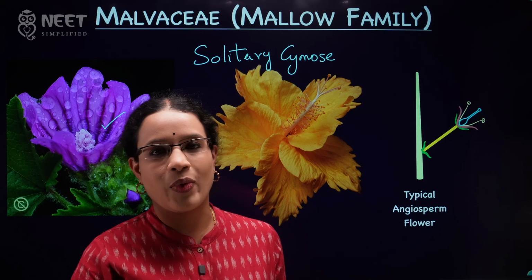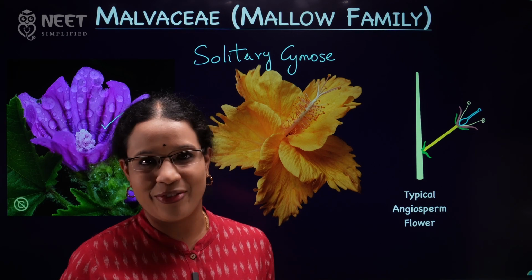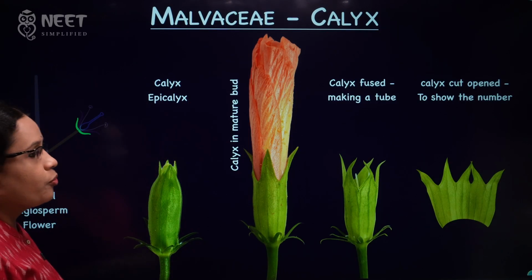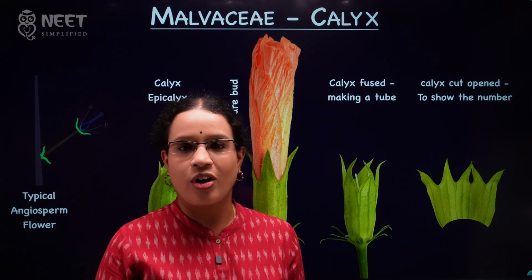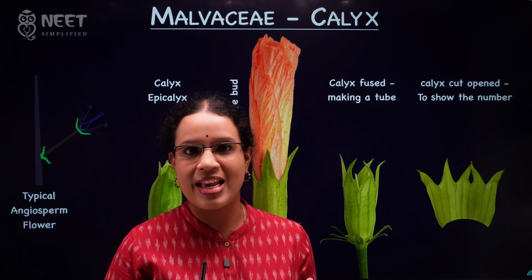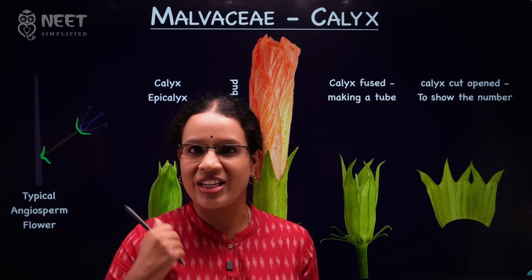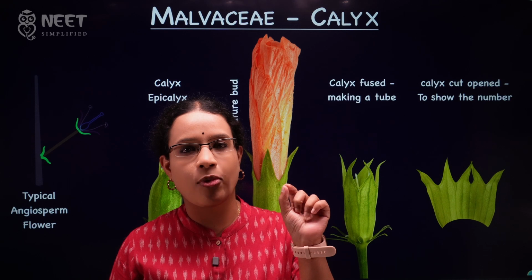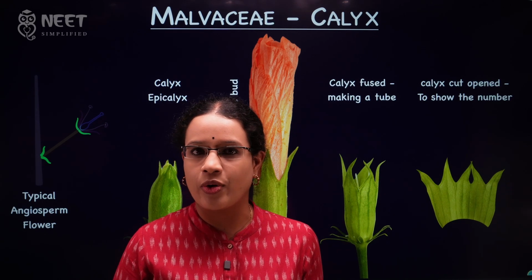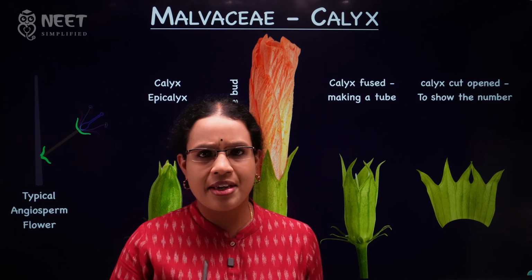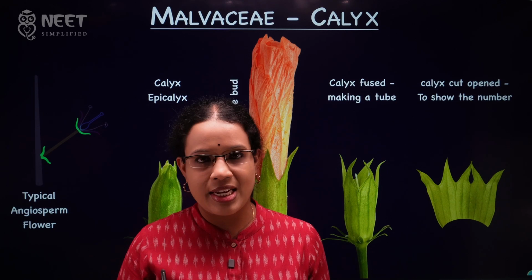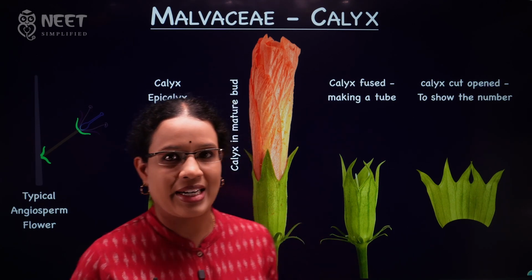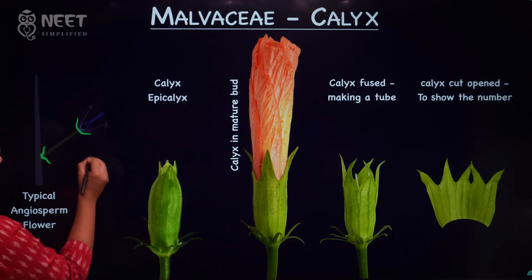So let's very quickly dive into this topic and simplify that. We are going to begin with the same order always, as we begin with the Calyx, Corolla, Androecium and Gynoecium. But before we start with the Calyx, there's a very important thing which we have to discuss here. Firstly, the flowers are bracteate here. So let's understand about the presence of bracts. As you can see here,